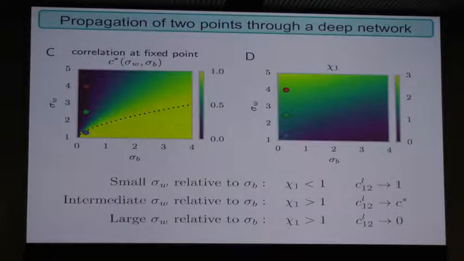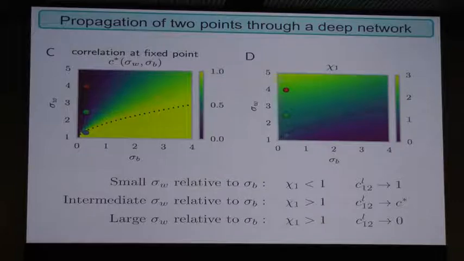So remember, these are the 2 important parameters in our ensemble: the standard deviation of the biases and the standard deviation of the weights. There's a phase transition in this plane, where if the biases are very strong but the weights are weak, then the biases tend to align inputs in an input-independent manner. All the inputs will follow the biases, and any 2 inputs will become the same. And the correlation coefficient, which is shown here on this heat map, will be driven to 1.